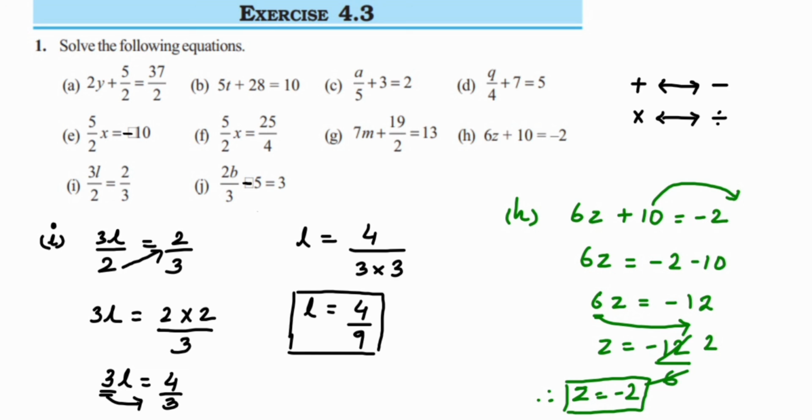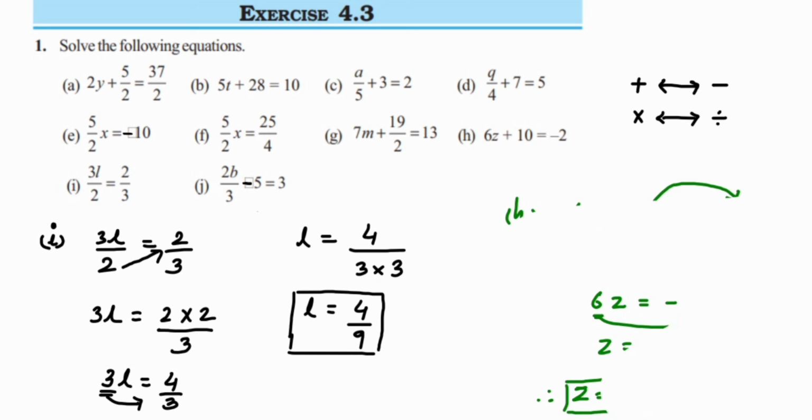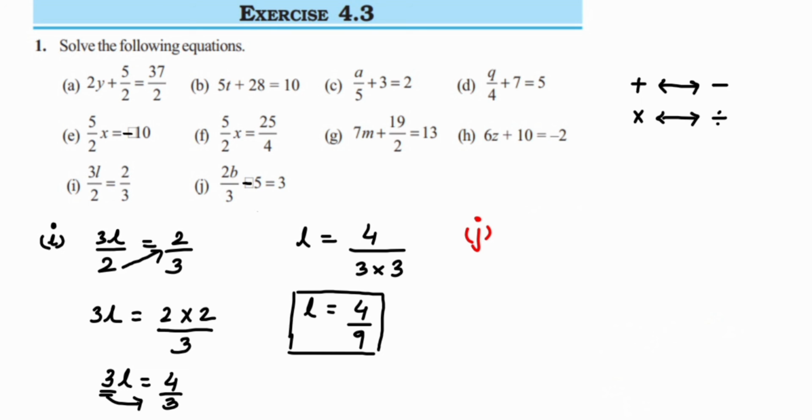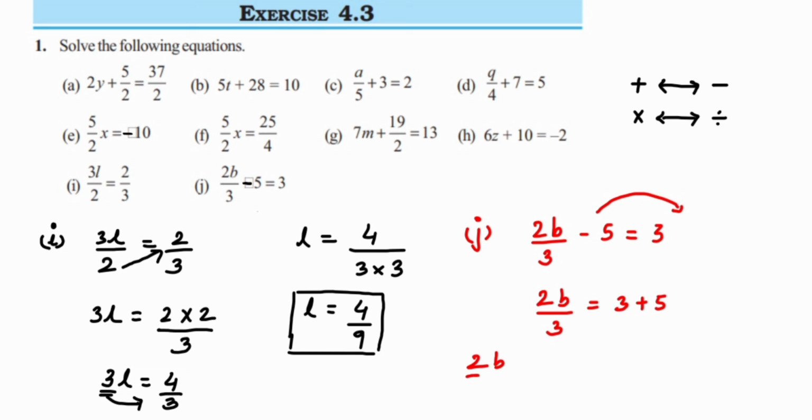is 2b upon 3 minus 5 is equal to 3. Now take this minus 5 to the other side, it becomes plus 5. So 2b upon 3 is equal to 3 plus 5, which is nothing but 8. So from here 2b upon 3 is equal to 8. Now take this 3 to the other side, it is in division, when it comes to the other side it becomes multiplication. So from here 2b is equal to